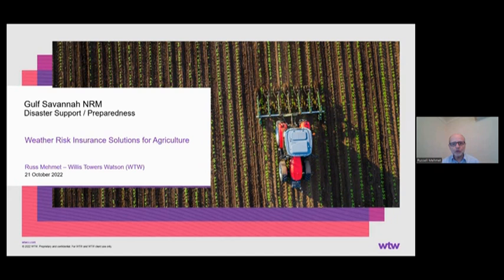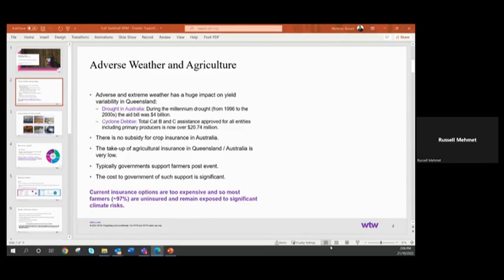And hence the projects I've been involved with DAF and University of Southern Queensland, Queensland Farmers Federation, National Farmers Federation, and CSIRO to come up with more sustainable, more affordable methods. So that's the lead in, and a little bit of setting the scene, if I may. I'll just jump to the next slide. Great. So setting the scene,